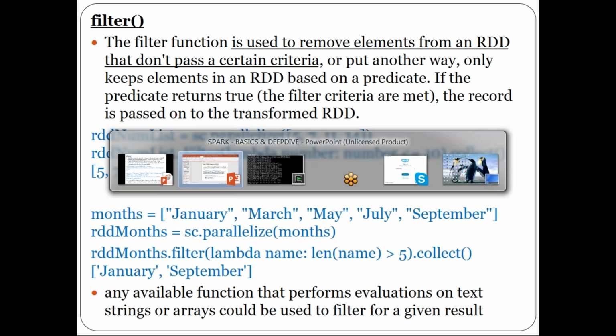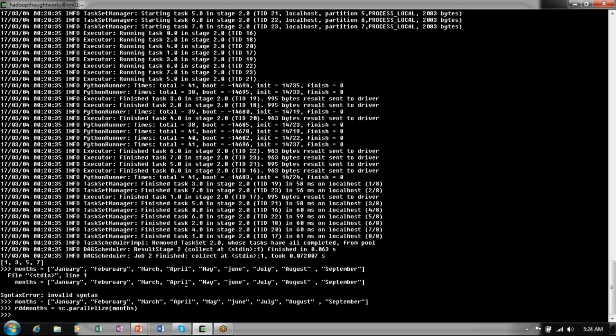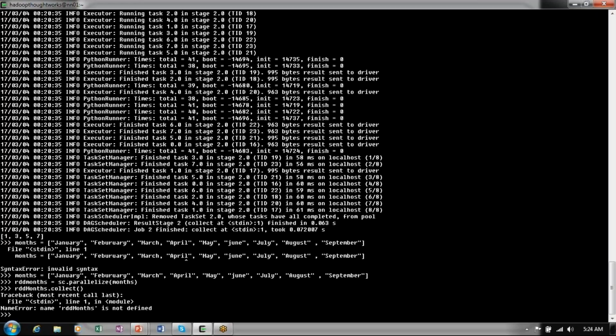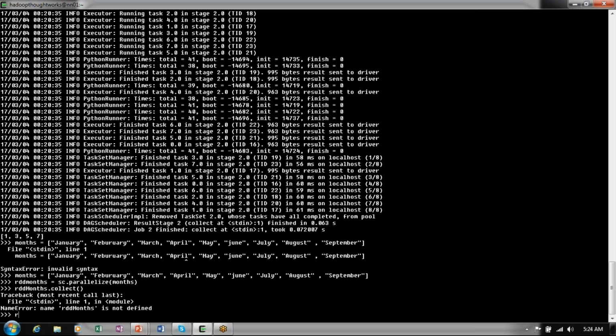Okay, so everything is reduced now of months. Now RDD months dot collect. That's fine, because you have not done anything. It's just you have taken your data sets. So it is RDD months dot, that is fine, because you have just initiated your data set. You have not done anything. That is the reason. Now let's go and apply